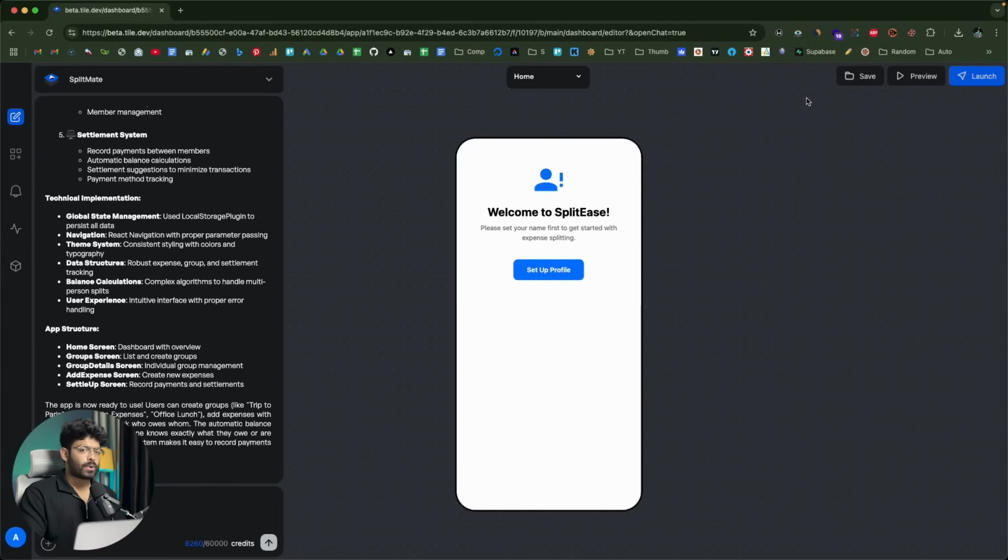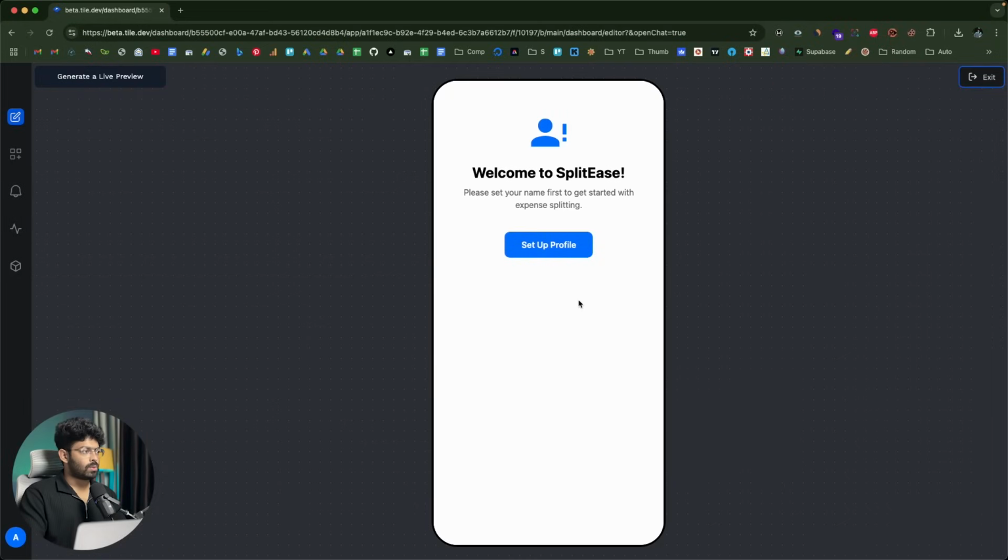And now towards the top right, I can find a couple of these options. So if I click on the save button right here, I'll be able to save all the changes made up until this point. And if I click on this preview button right here, I'll be able to preview the app as if I was actually using it. So this right here is the home screen, and it says, please set your name first to get started with expense splitting. And now it says setup profile. And if I click on this button,